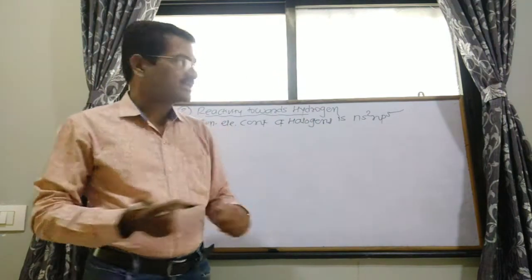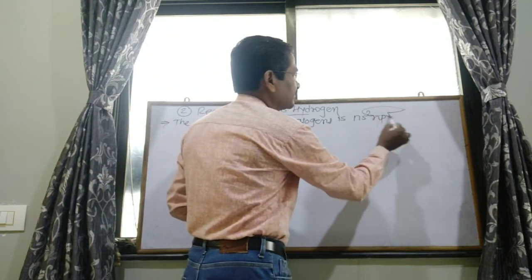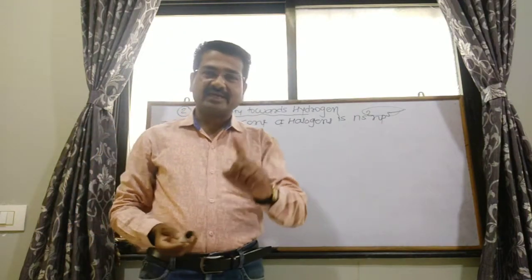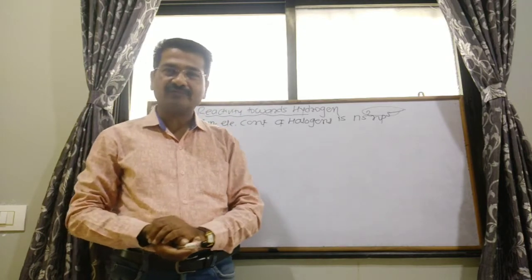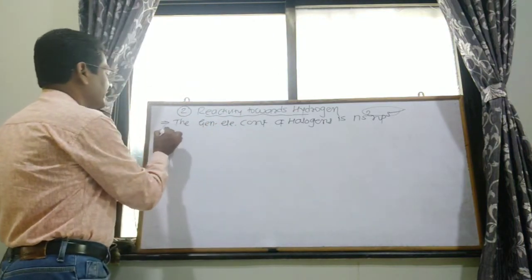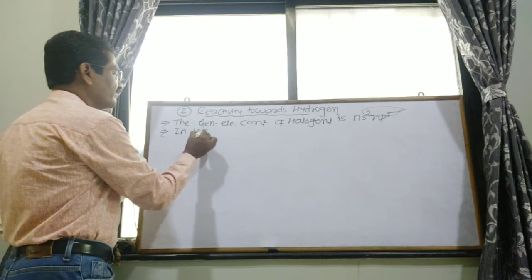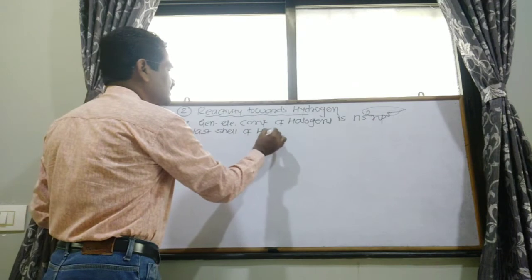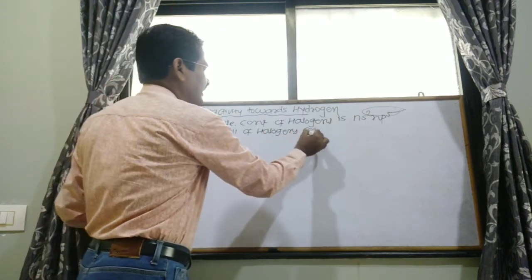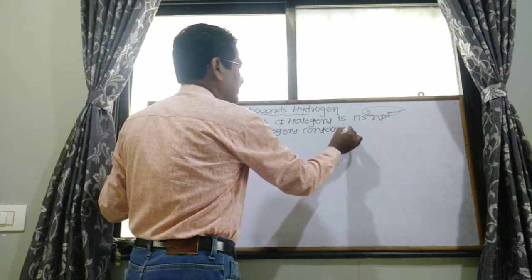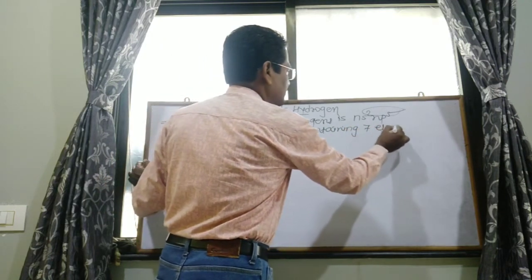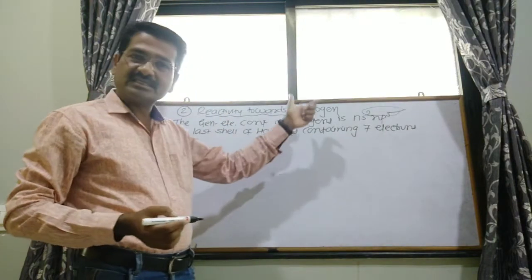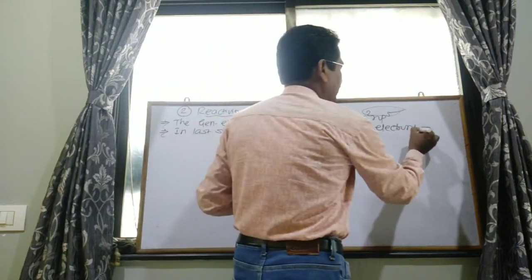In halogens, the last shell contains 7 electrons. It requires only 1 electron for the completion of the octet. In the last shell of halogens containing 7 electrons,